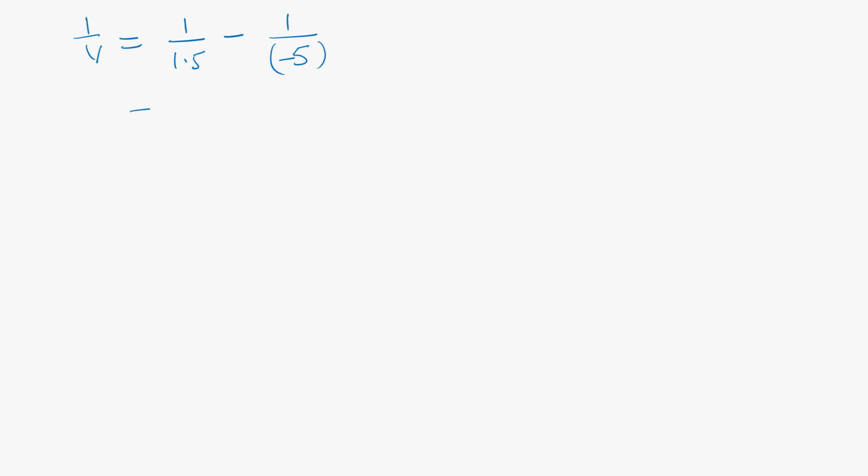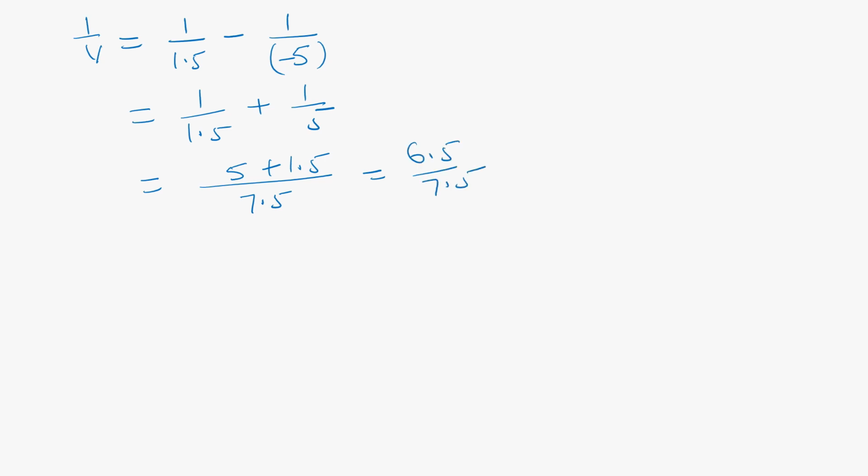So that is equals to 1 by 1.5 minus into minus plus 1 by 5. So that is equals to, here taking LCM 7.5, here 5 plus 1.5, that is equals to 6.5 by 7.5. So 1 by v is equals to 6.5 by 7.5, or v is equals to 7.5